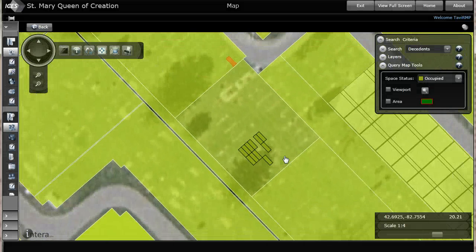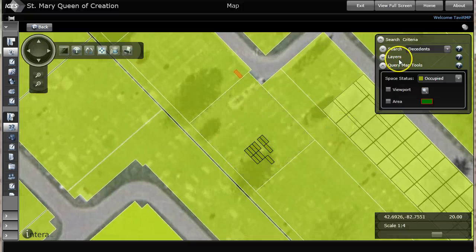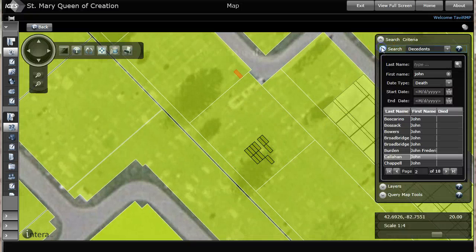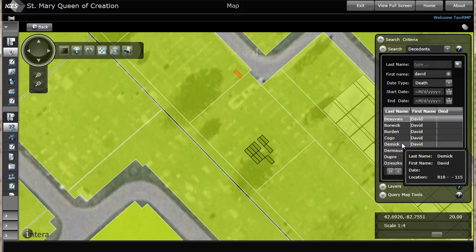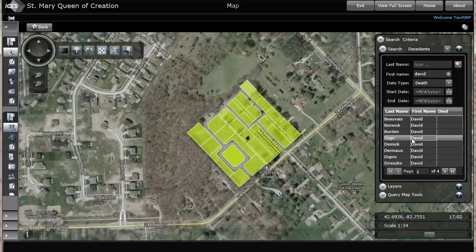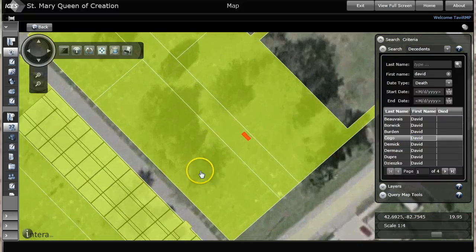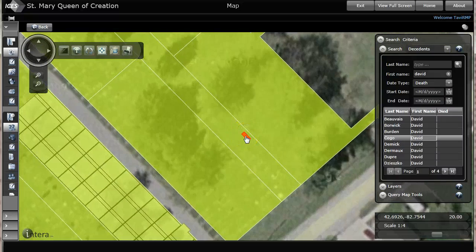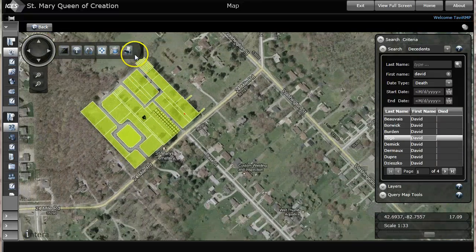We can query the map, but we can also query the database, the inventory. So if we search for David, search, we get all the Davids. Let's double click on one of the records. Here is where David is buried. Let's clean the map. If we click clear,